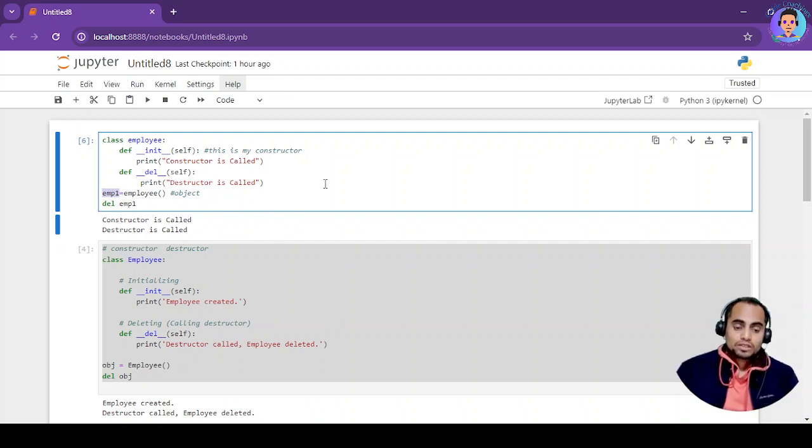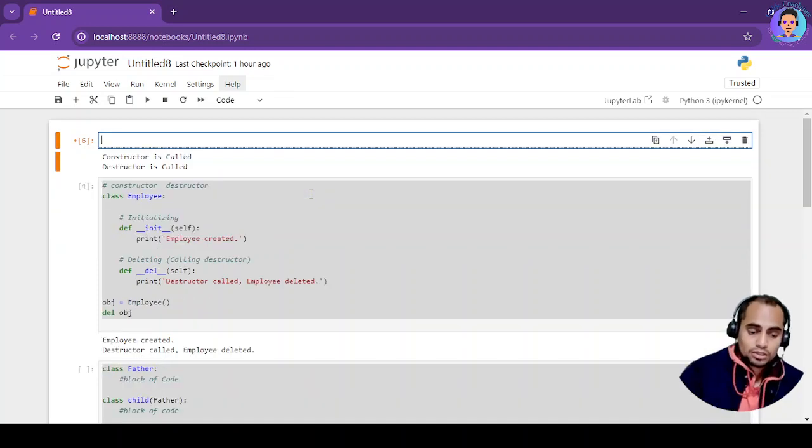Now moving on to our next topic, that is base class and derived class. What is base class, what is parent class, what is child class? So here imagine a practical situation, the normal universal condition where we have a father and child relationship. So in inheritance, what happens, I'll just put a hash in inheritance.